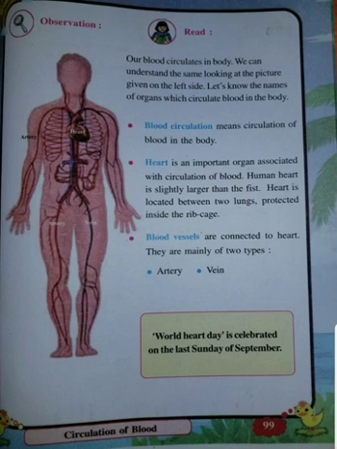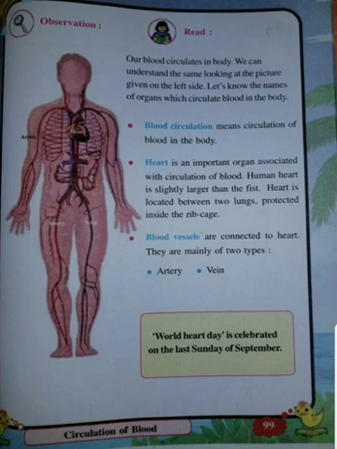So here heart is located between two lungs, protected inside the rib cage. आपने ये आगे के लेसन में पढ़ा है. रिब केज, स्कल, yes, the lower body part. So the middle part of our body is called as what? It is protected by the rib cage. Middle में क्या है? आपका lungs है, heart है, that is protected by the rib cage. आपने ये आगे के lessons में देखा होगा.